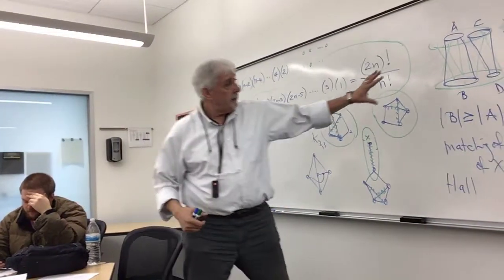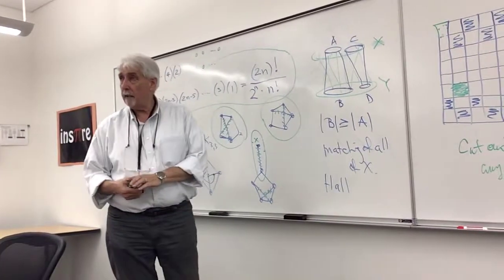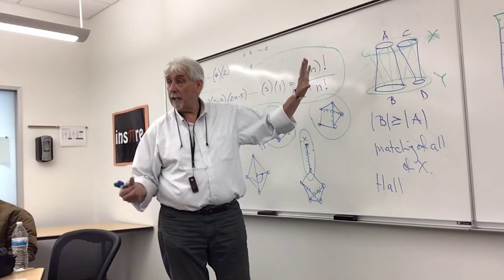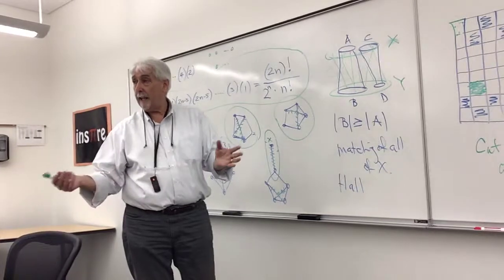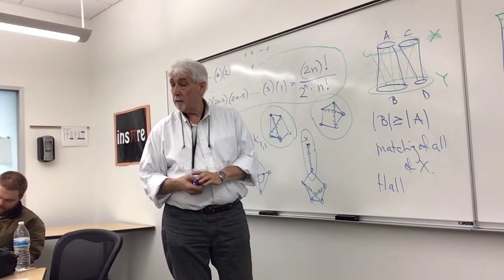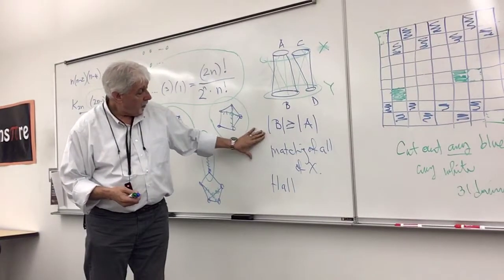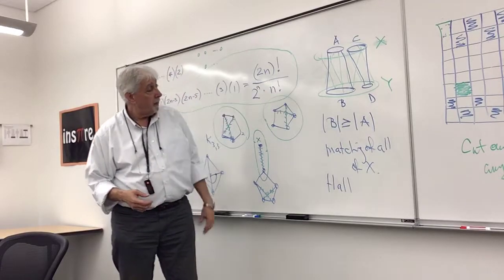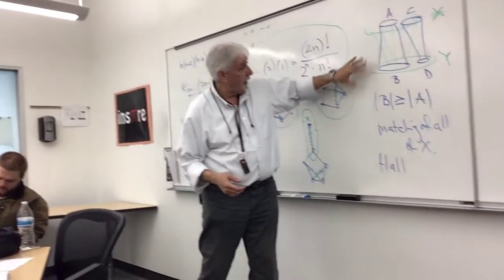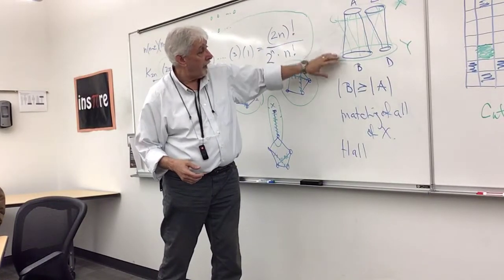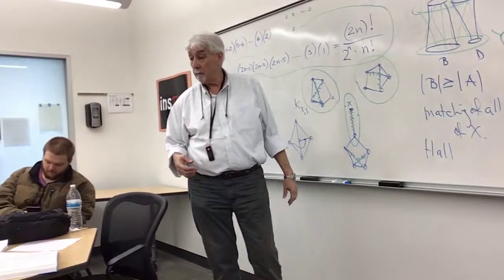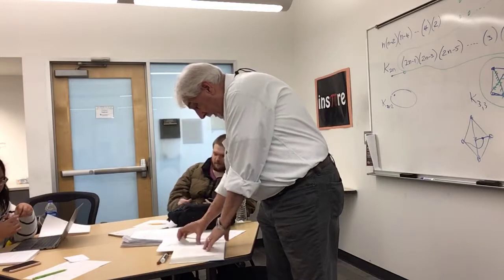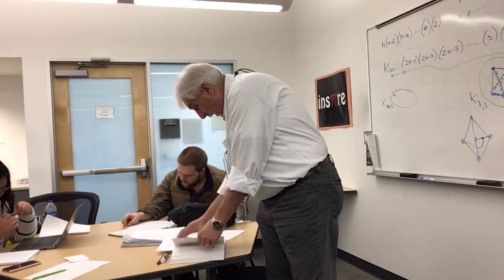There's no reason why we can't. And there aren't as nice conditions that tell us when there is or isn't a matching in a graph in general. But certainly we can ask for perfect matchings. Like K6, we know, has a perfect matching. So it doesn't have to be just bipartite. But Hall's result gives us a very nice necessary and sufficient condition for there to be a perfect matching in a bipartite graph with equal sets, and a matching of all of X if Y is bigger than X. Okay? So we're going to skip over that, but that's essentially section 7.3, and then again we're going to move on to